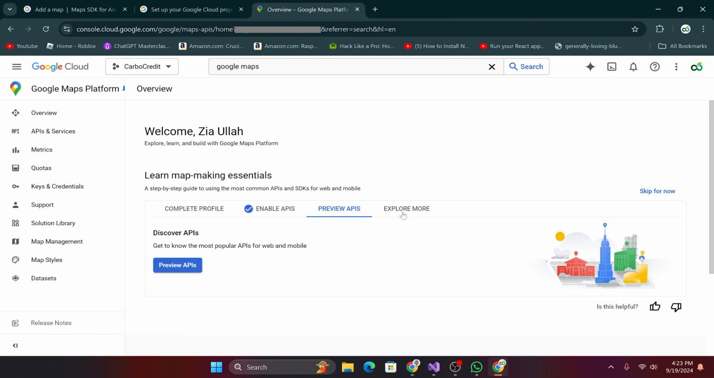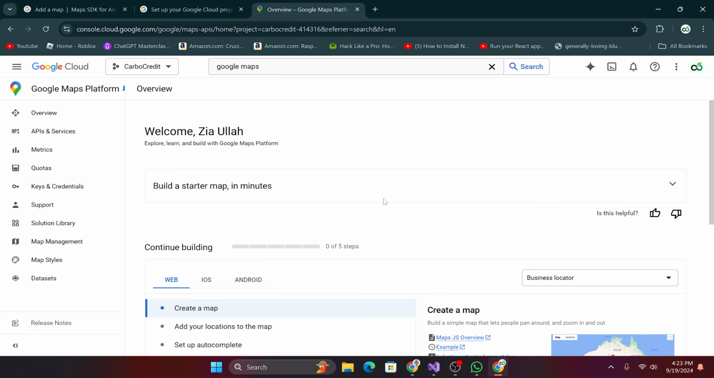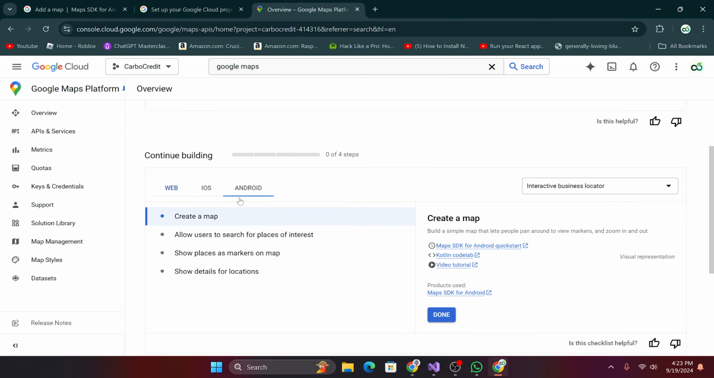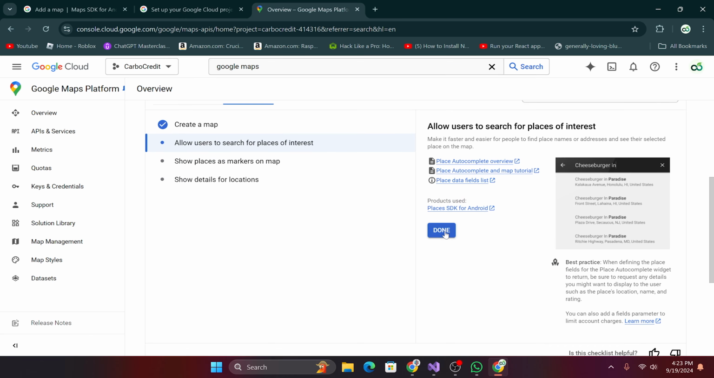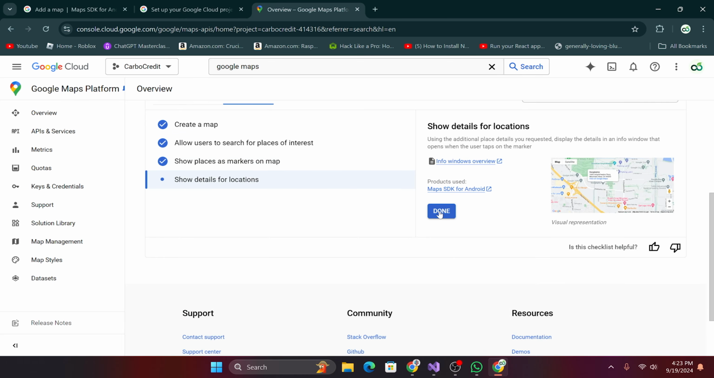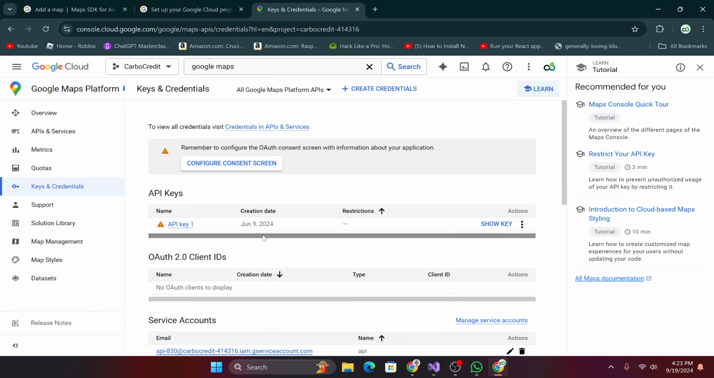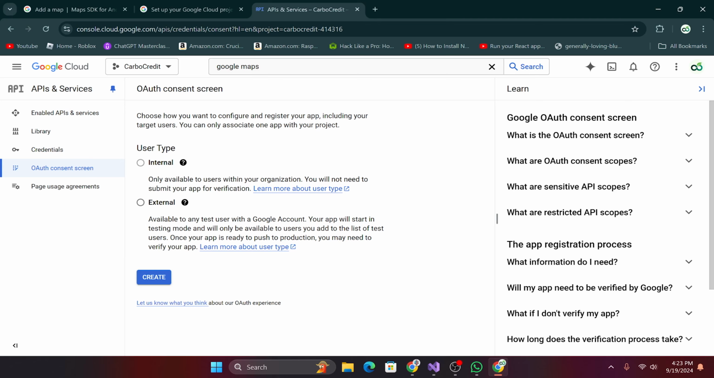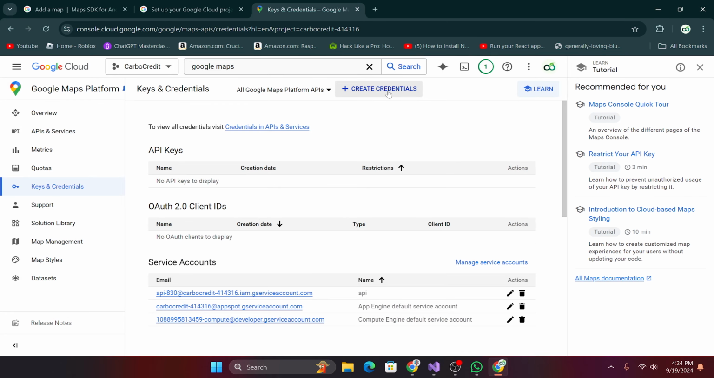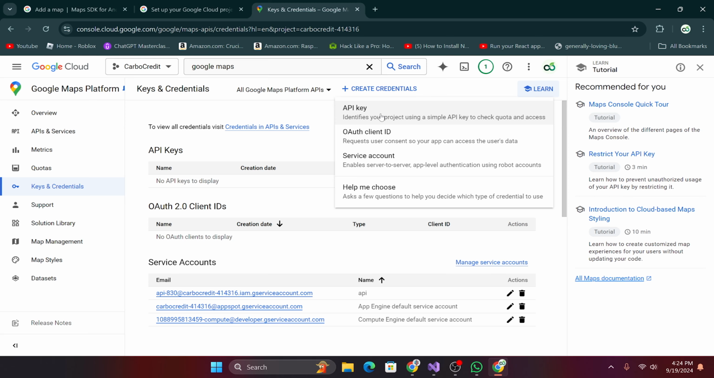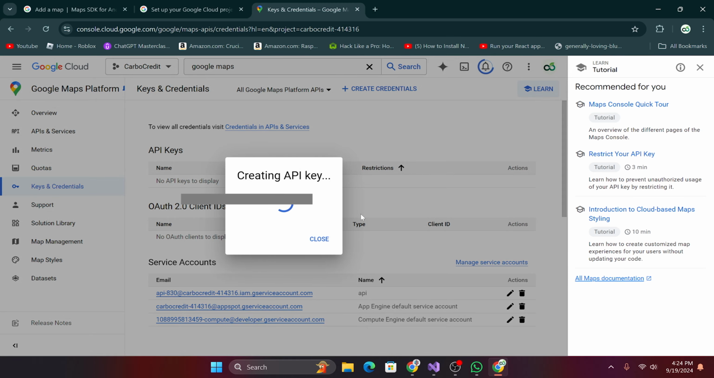So here's how you get the API key. You go into Google Cloud, you search up Google Maps, you create an account. Then you can just skip through what I'm doing right here, this is just useless. Then you go into keys and credentials. I already have this key, but I'll just delete it and create a new one. So you go up into create credentials, create API key,